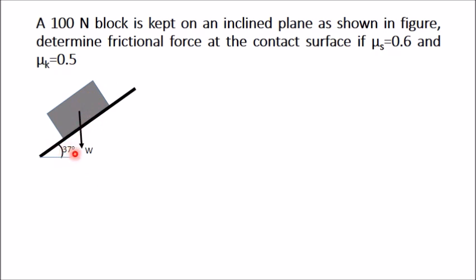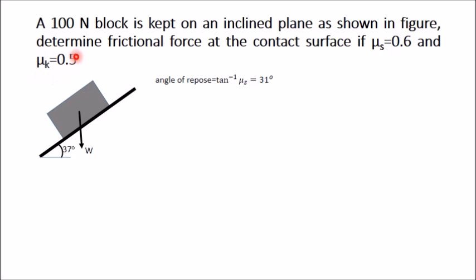Now we know that the angle of repose is given by tan inverse μs. So μs is given as 0.6. If you calculate tan inverse 0.6, you will get 31 degrees. Since this angle is more than 31 degrees, that means this block is accelerating downwards, and at that particular time, you will get a friction force which is constant, and its value will be given by μk